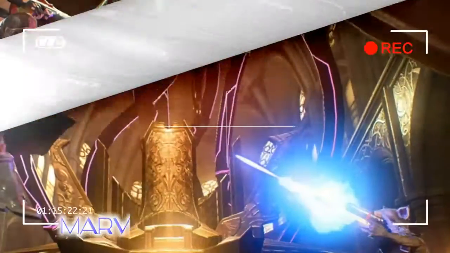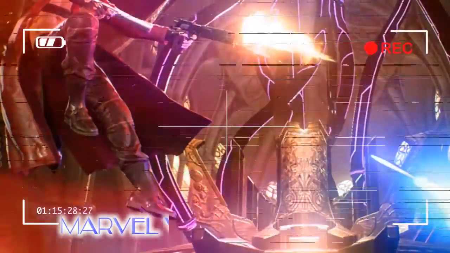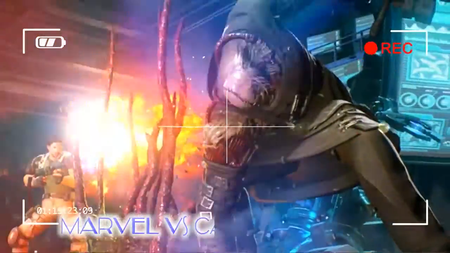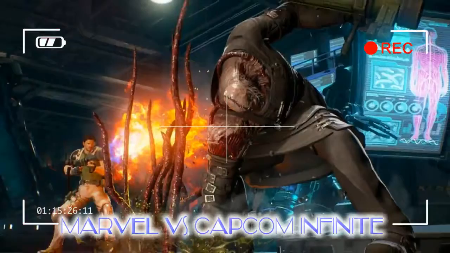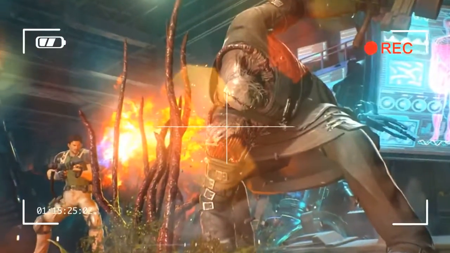The roster is a solid mix of rush-down characters, grapplers, and zone control characters, and playing around to find out which two fit your fighting style, and how you can use them against other teams, is one of the best bits about Infinite. On top of that, the Infinity Stones add a new layer to the action. The Power Stone